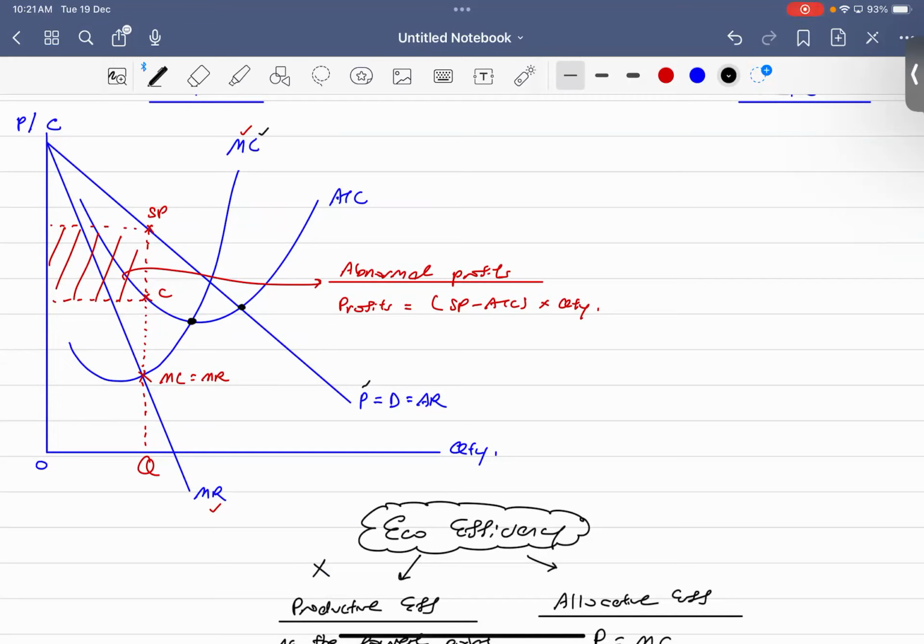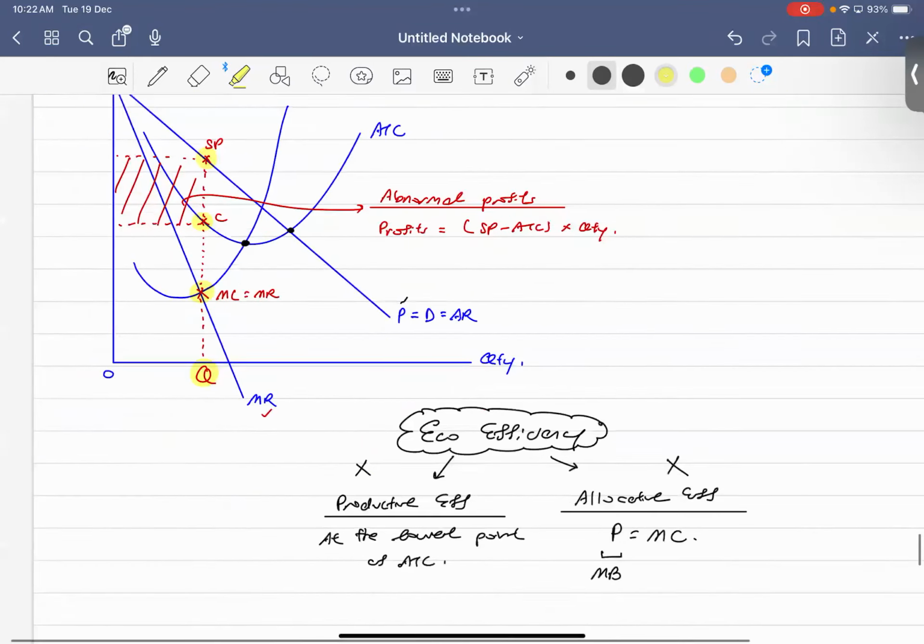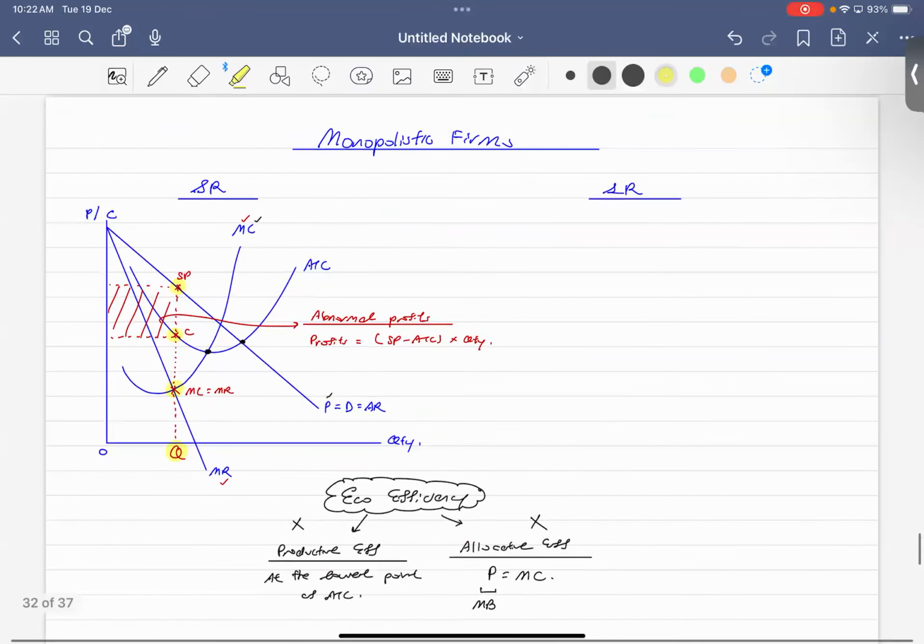So they are not operating in productive efficiency or allocative efficiency, because at the end of the day, in the short run, they are only operating based on the profit maximization level of output, at this quantity, this price, this cost, not at the black color dots. So they are neither productive efficient nor allocative efficient. Remember, productive efficient means they produce at the lowest point of ATC, and they do not. They are not allocative efficient either, which means they are not producing the amount of goods and services that maximizes the desires of the consumers. Therefore, they are not economically efficient.